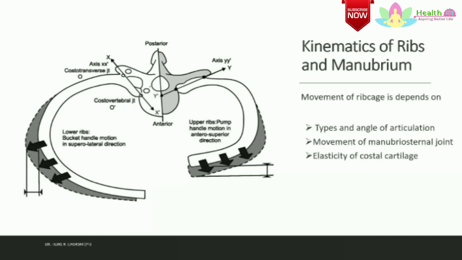Therefore, it is firmly attached to the manubrium. And one more important feature: the first costosternal joint is just inferior and posterior to the sternoclavicular joint. For this reason, there is very little movement of the first rib at its anterior aspect, at the costosternal joint. Posteriorly, the costovertebral joint of the first rib has a single facet, which increases the mobility at that joint. During inspiration, the costovertebral joint moves superiorly and posteriorly, and it elevates the first rib.